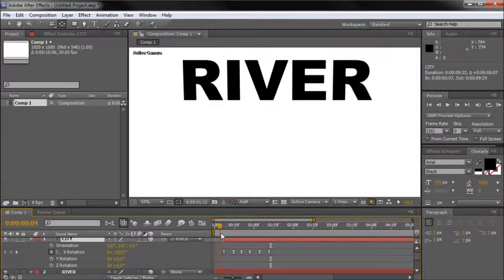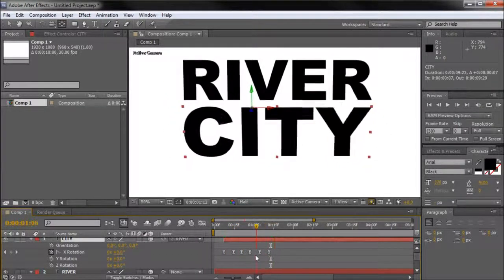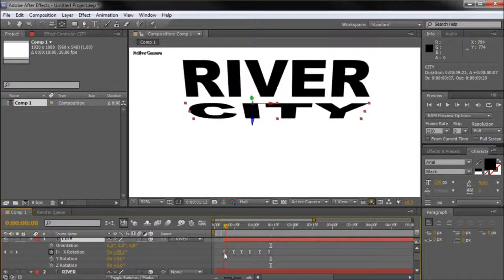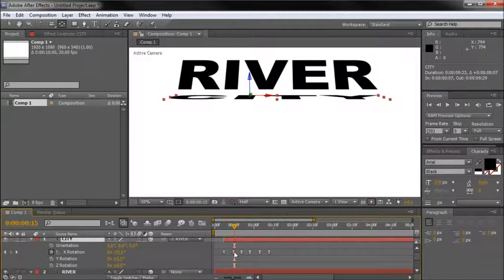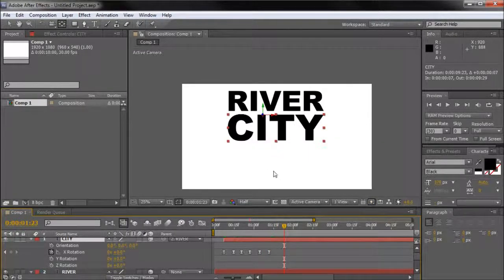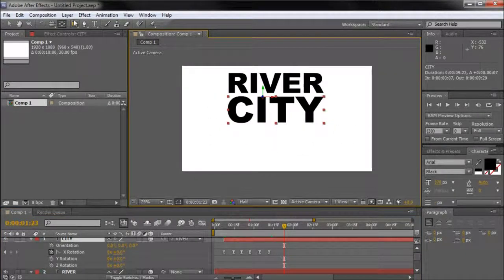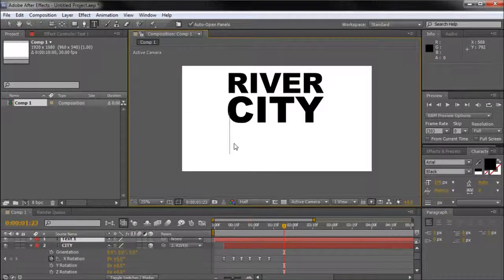Now it's swinging both of those pieces of text at the same time, as if they were linked together. That's pretty cool. Now the next thing that we need to do is, again, make sure you move to the very end, just off of your keyframes, so that you're looking at your static flat text, no rotations. Now what we're going to do is take our text tool, and we're going to type out